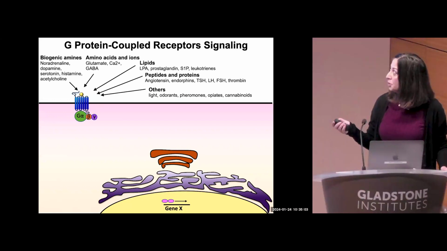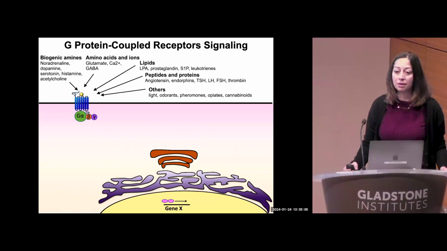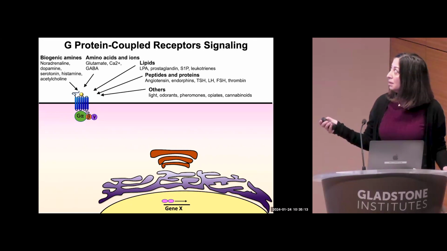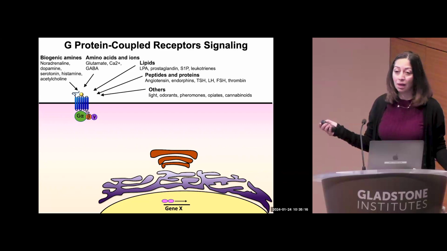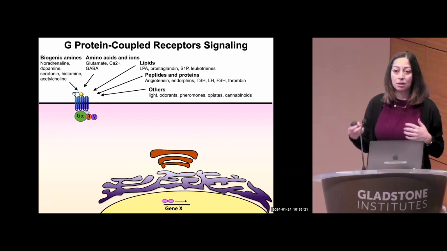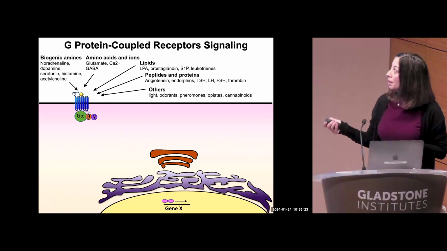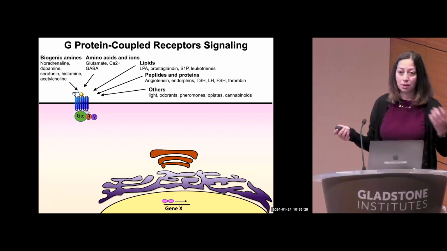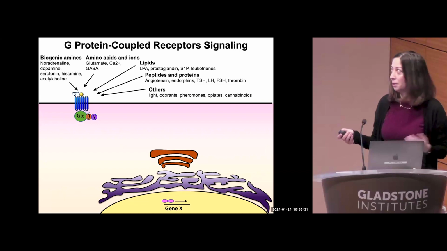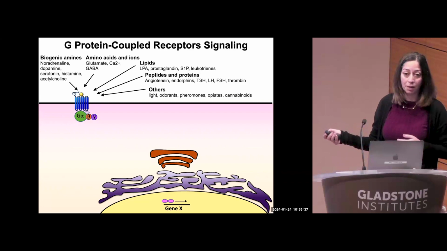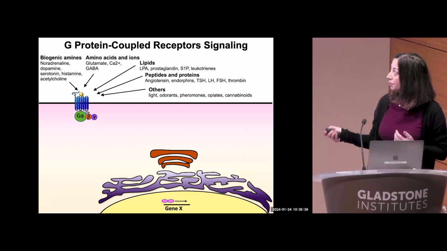As you can appreciate here on this slide, there are a number of different types of stimuli that can activate different types of GPCRs in different tissues and cells. They can be biogenic amines, amino acids, lipids, in some cases light, odorants. For the most part, it's been thought that because these ligands are not crossing the membrane, they respond by binding to the receptors that are sitting on the cell surface, activating the receptor and promoting a signaling pathway inside of the cell. Generally speaking, they are coupled to heterotrimeric G protein, hence the name, G protein coupled receptors.